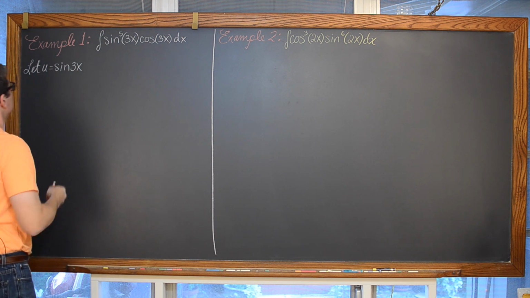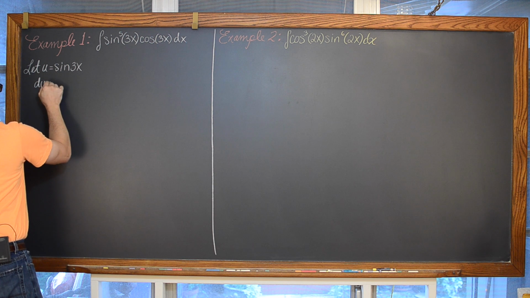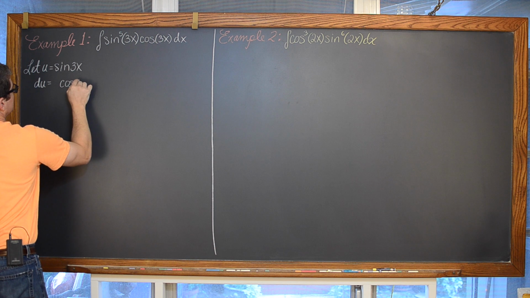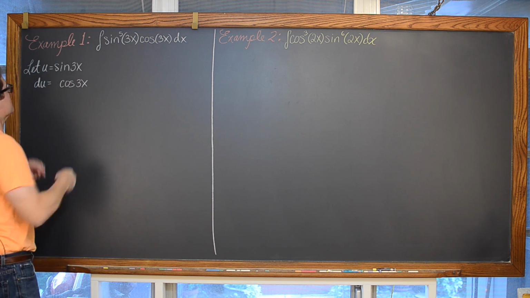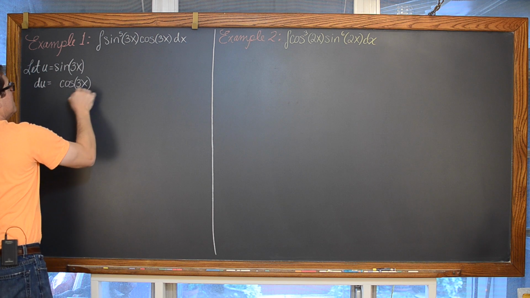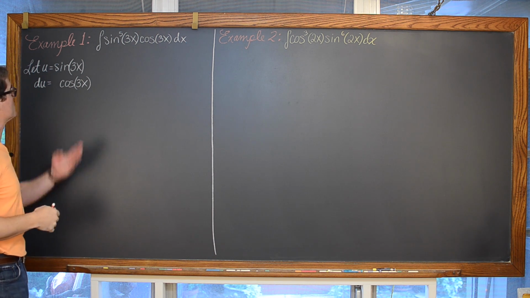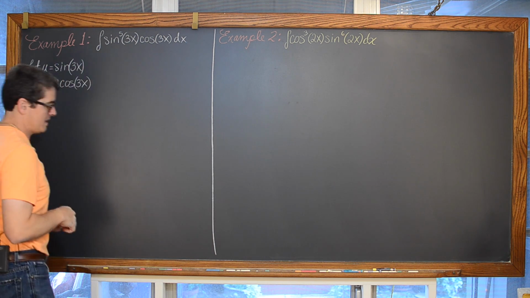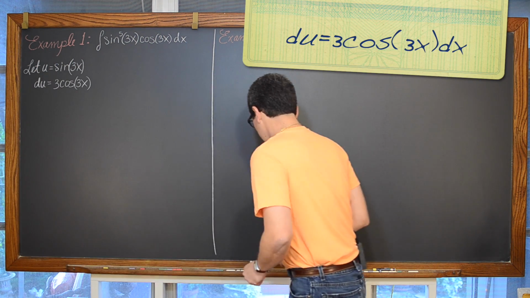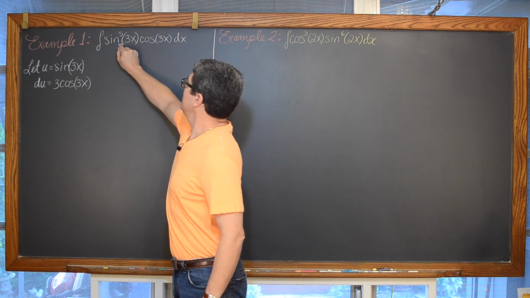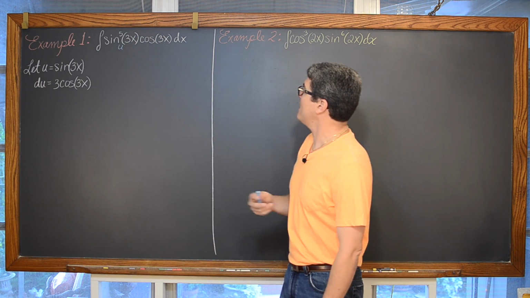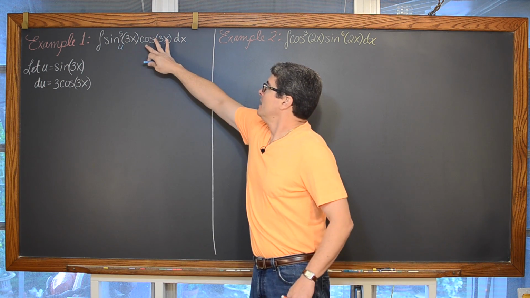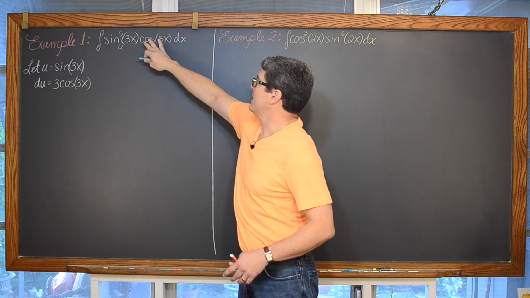And then du is going to be, well, the derivative of sine, of course, is cosine. And then inside the sine function, we have another function than just a simple x, which is 3x. And using the chain rule, of course, the derivative of 3x is simply equal to 3. So see, there we can see now that we are looking at a u that's inside our power of 5, and then our u prime or du, whatever you want to label it as, that chain rule pattern, that cosine of 3x.